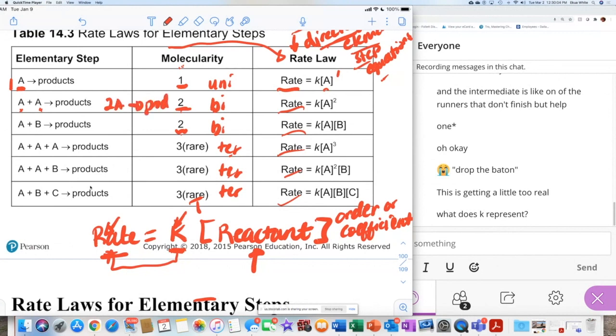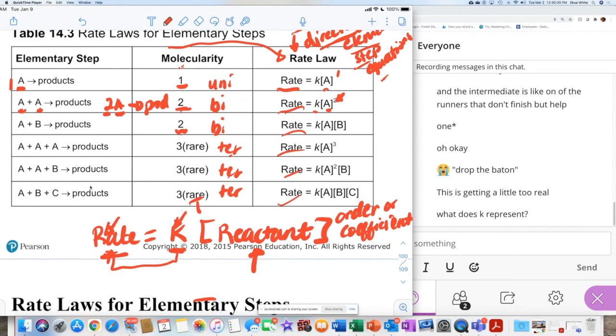So when they wrote the rate law, it's rate equal K is always there, A is the formula for the reactant, and then the coefficient becomes the superscript here and the order of the reaction. Okay? So since it takes twice the amount of A for this step,